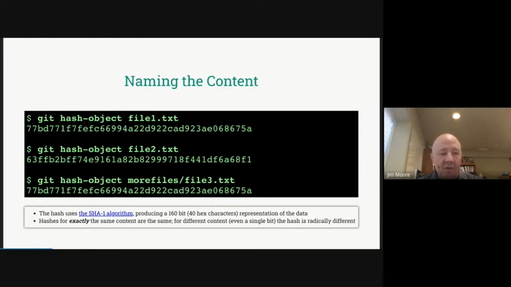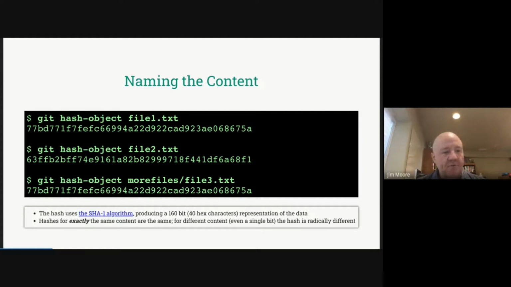And all this git hash-object does is take the contents of a file, like with a cat or a type, and pipe it into the SHA-1 algorithm, which many operating systems have as part of their bin, or you could pass it into Ruby or Python or whatever, anything that will run a stream through SHA-1. They'll all do exactly the same thing. So all that git hash-object is basically doing is piping the contents of that file through the SHA-1 algorithm. It always gives results of exactly the same length.